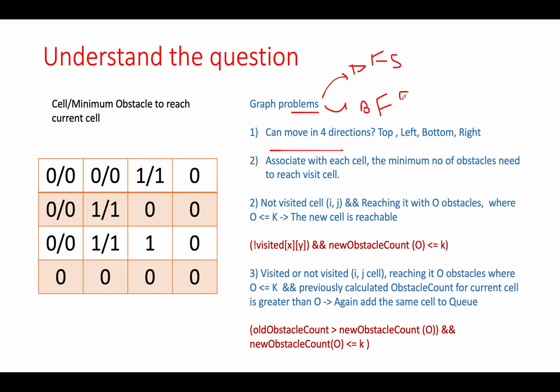In the BFS approach we go in a breadth-wise fashion, while in the DFS approach we move in a depth-wise fashion. So there could be a case where you are moving unnecessarily across the depth and wasting your time. Therefore, we'll opt for the BFS approach, because as you progress across the various cells in the breadth-wise direction, that will give you the minimum hops needed.